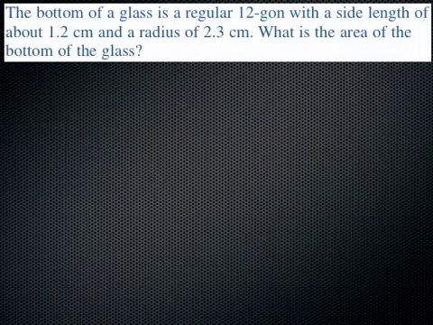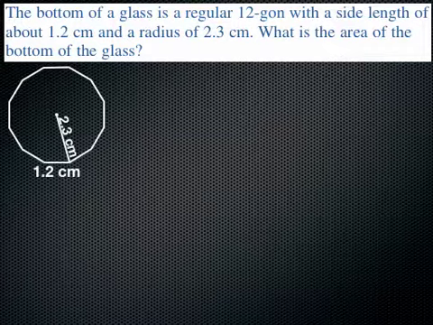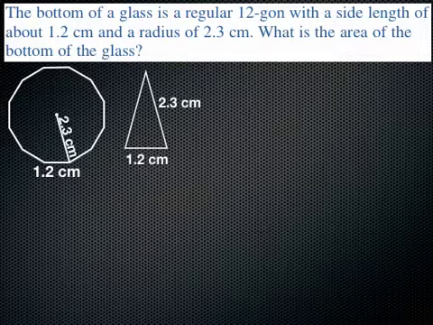The next example says the bottom of a glass is a regular 12-gon with a side length of about 1.2 centimeters and a radius of 2.3 centimeters. What is the area of the bottom of the glass? I know that I have a 12-sided polygon, and I know that the side length is 1.2 and the radius is 2.3. So I've gone ahead and I have labeled that in my picture. Go ahead and pull out your triangle and keep what you know labeled. The only thing that I need to solve